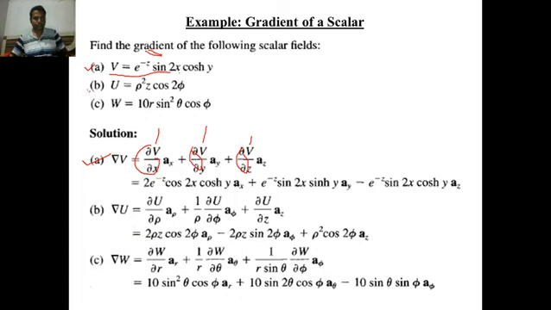Now second bit, u is given, u is any scalar which involves rho, z and phi. That means the given scalar u is given in which coordinate system? Cylindrical coordinate system. It is not given in Cartesian or spherical. That's why they have used which formula? Gradient formula for cylindrical coordinate system. Straight away you put this u here, here, and put this u here. You have to take a derivative with respect to rho, with respect to phi here, with respect to z here. Automatically you will get this particular answer.